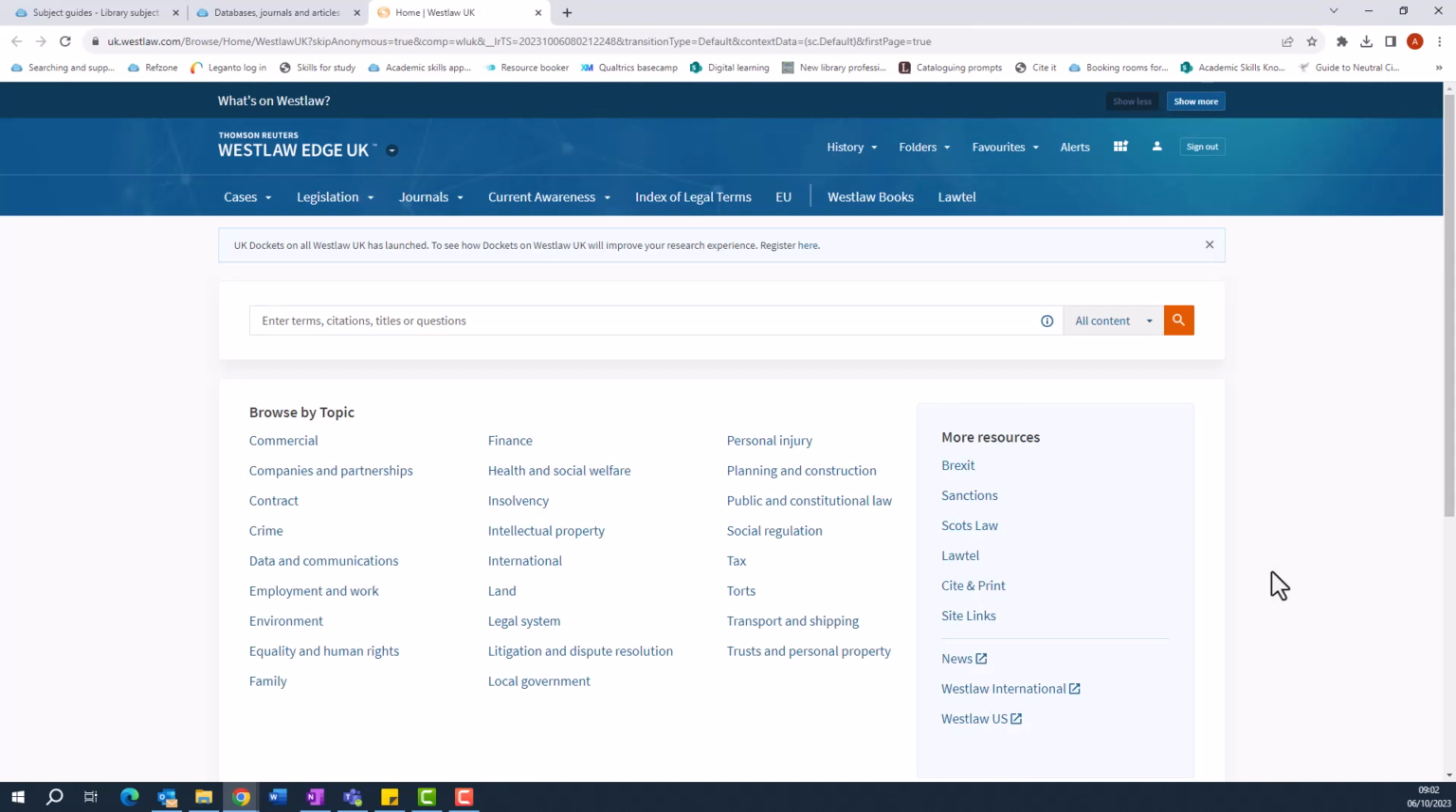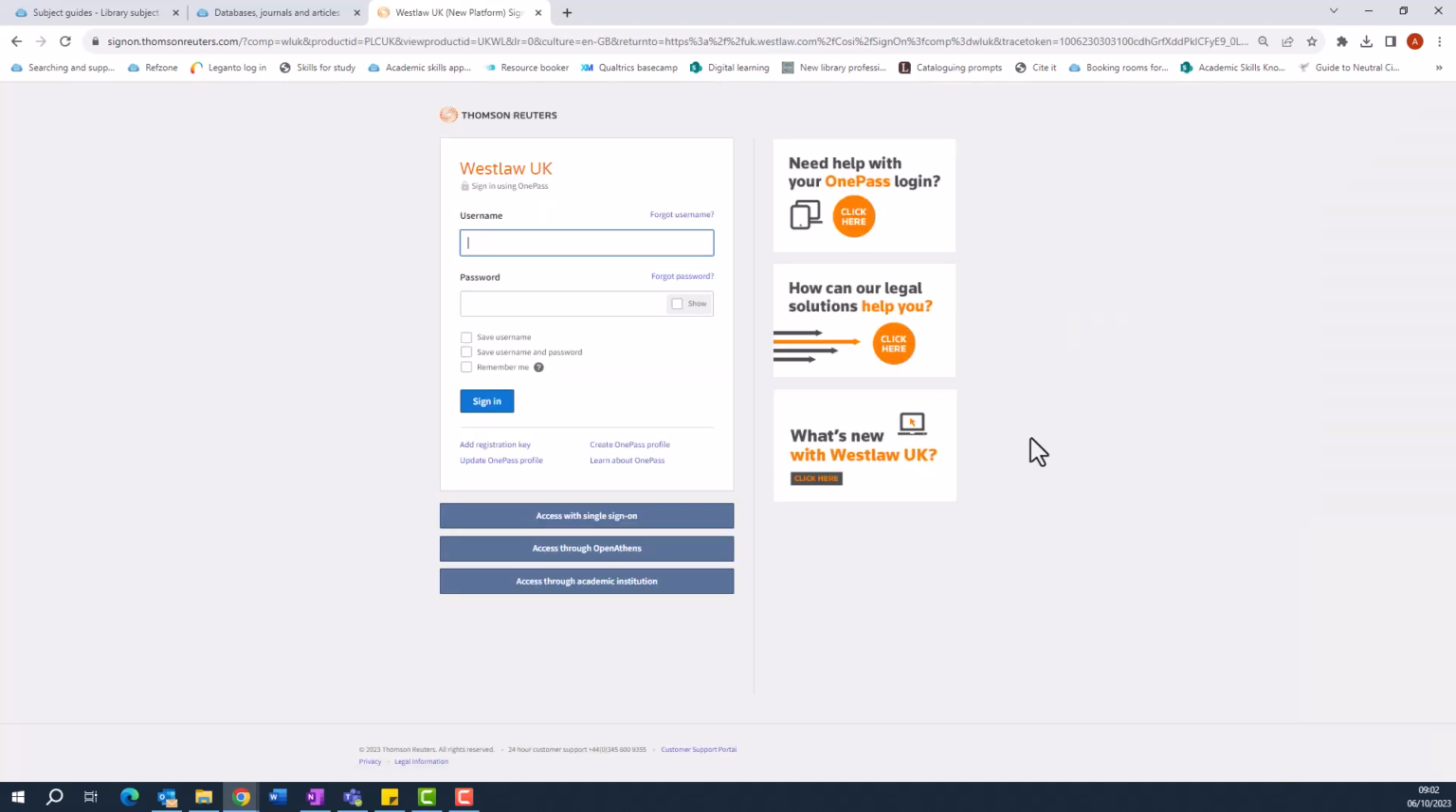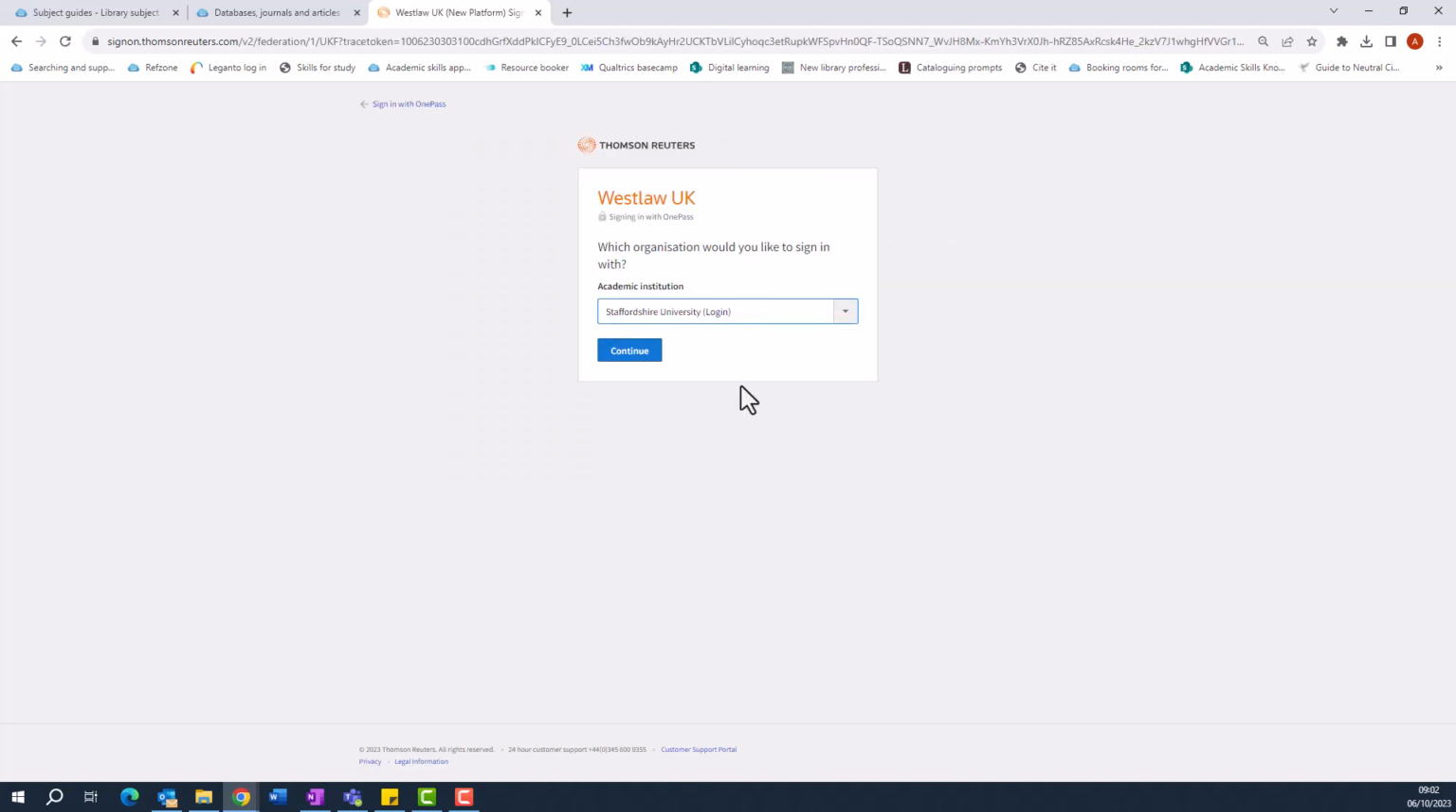You should be signed into Westlaw automatically, and on this occasion I have been. However, if you are not signed in automatically, log in by pressing the Sign In button on the top right corner, then choose Access through an academic institution. Search for Staffordshire University